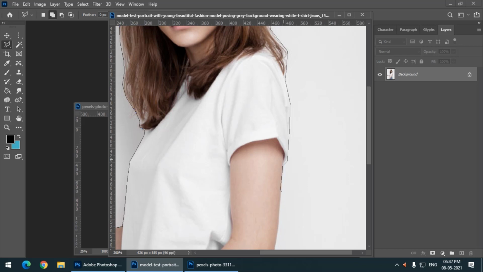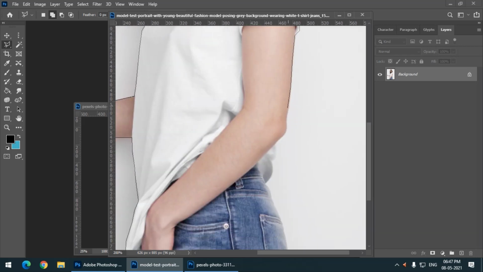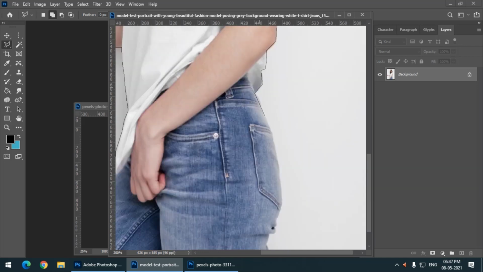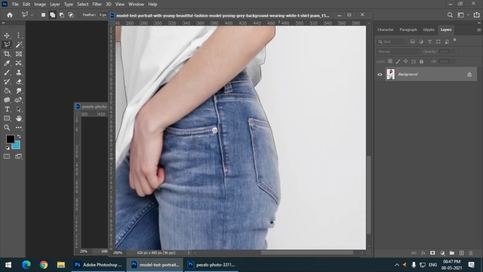So I am selecting it: left click, release, click and release. Now I'm making this selection a bit quickly.